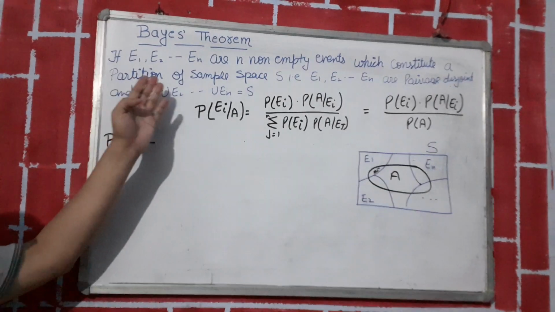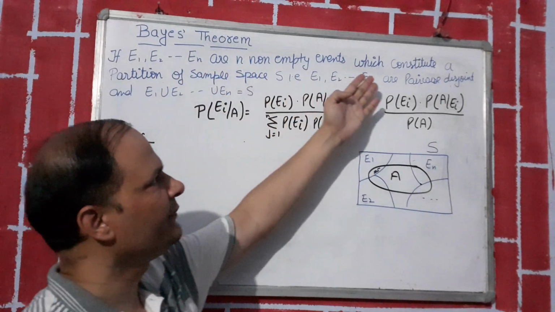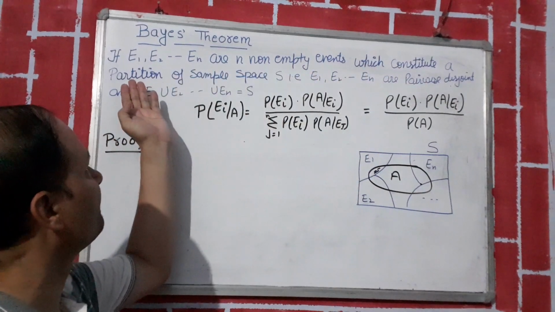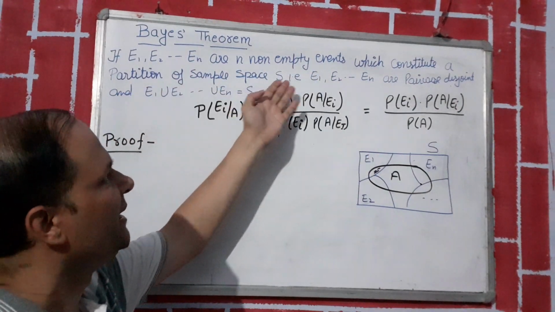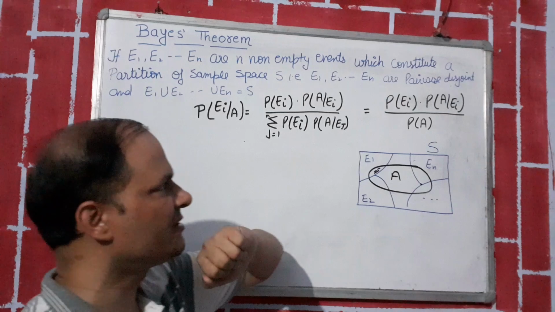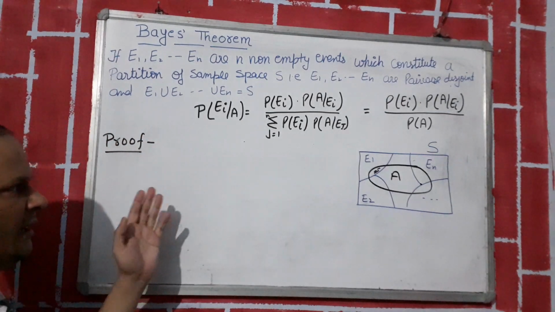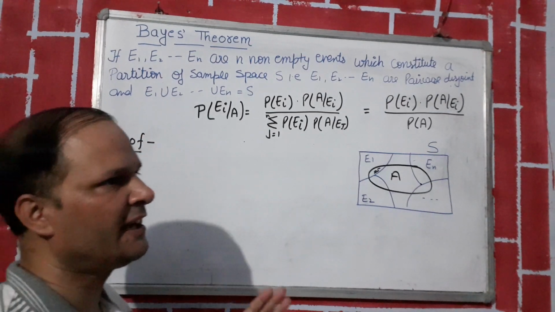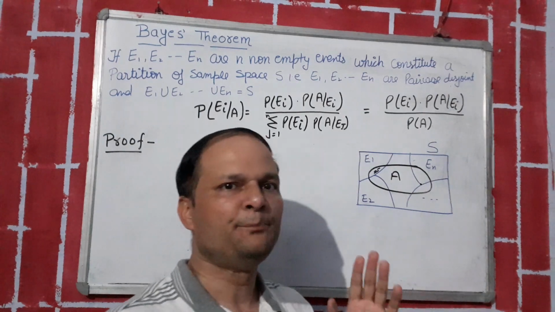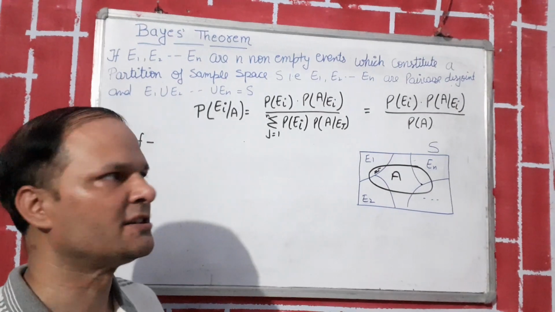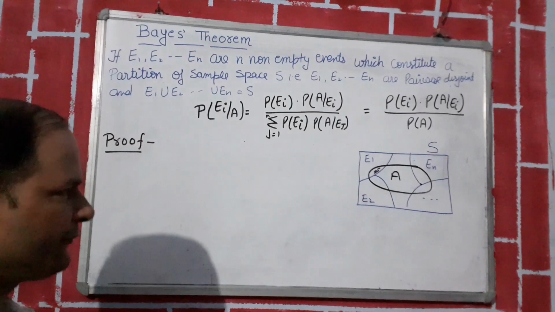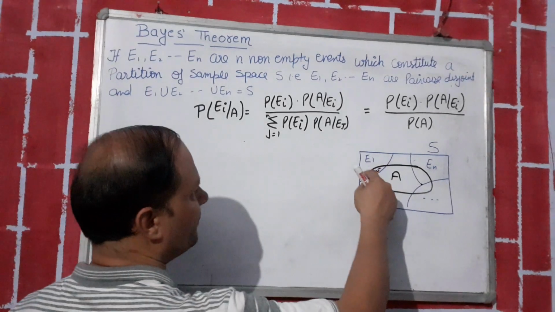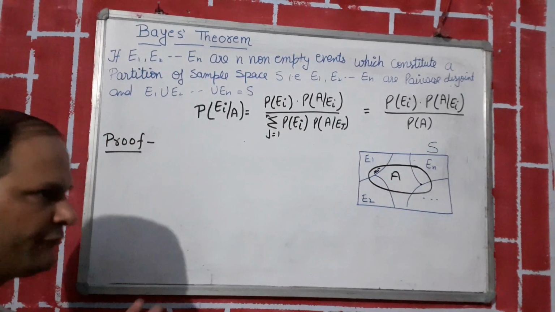Suppose E1, E2, En are non-empty events that constitute a partition of a sample space S. E1, E2, En are pairwise disjoint. So simply we want to say that E1, E2, En are exhaustive and mutually exclusive events. Okay, so if we want to find out the conditional probability of E1,